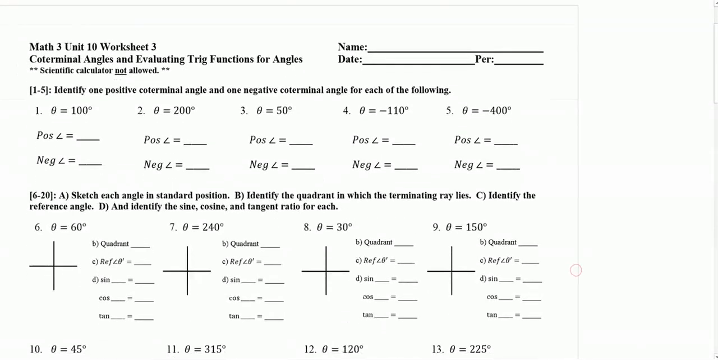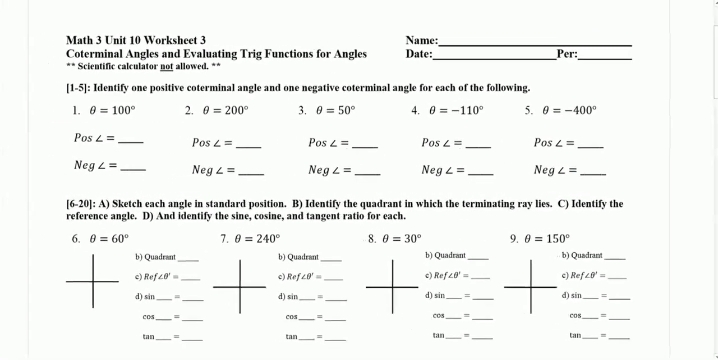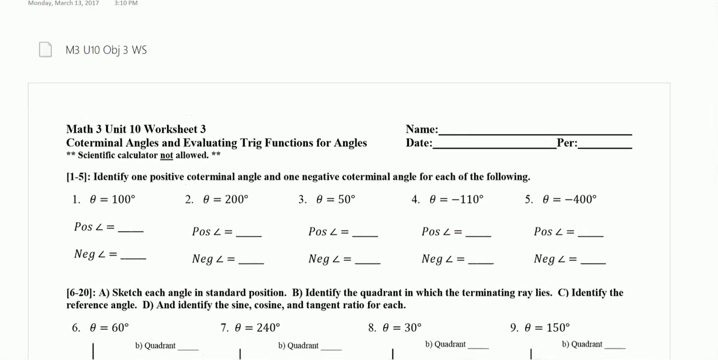Alright, this is the Math 3 Unit 10 Worksheet 3. I'm going to work through some of these problems. 1 through 5, you're to identify one positive coterminal angle and one negative coterminal angle for each of the following. Coterminal means in the unit circle, they're pointed in the same direction. So, for example, number 1,